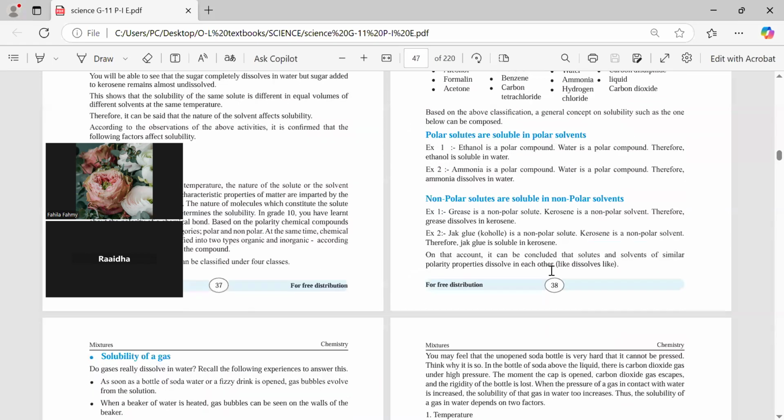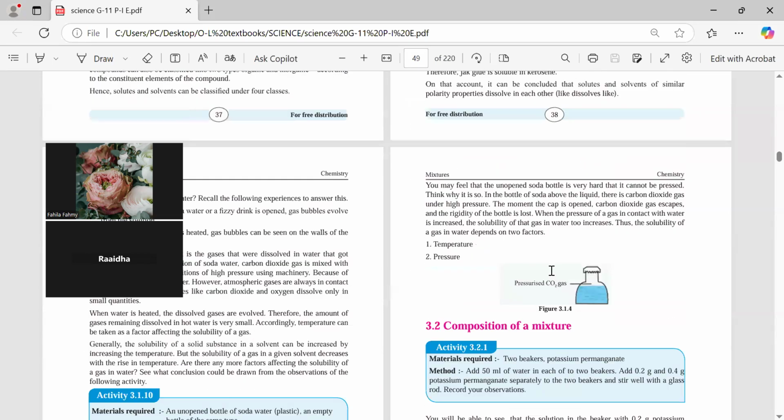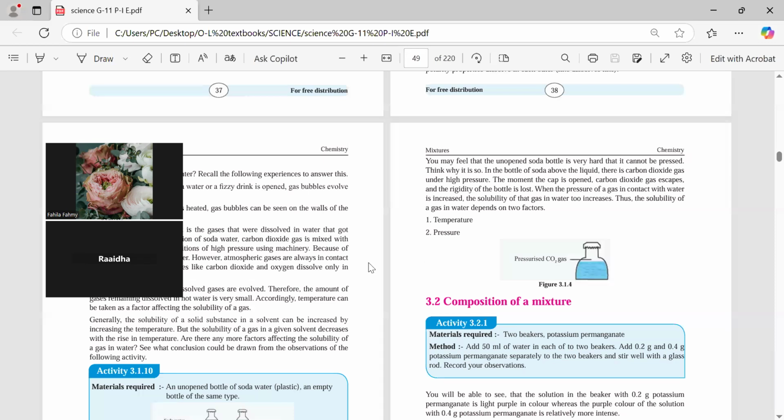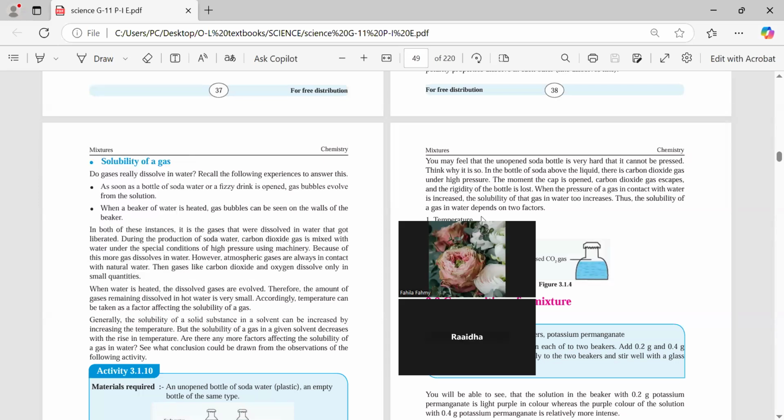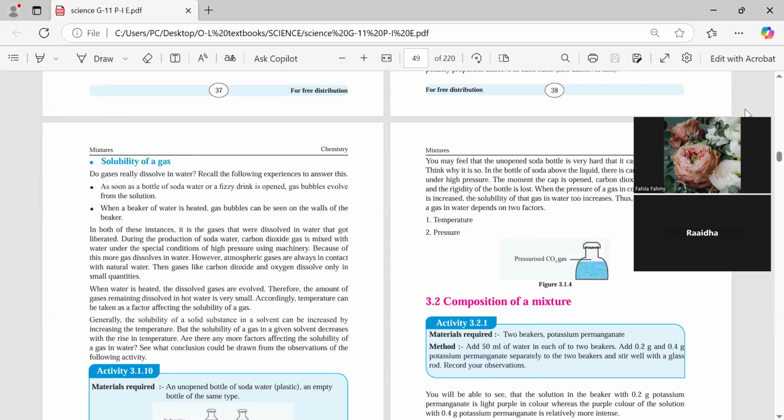So you said that you have done till here. Okay. So solubility of, okay, I'll come into this part where you will be learning about how well something is going to get